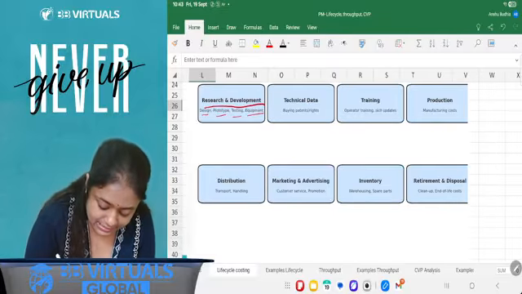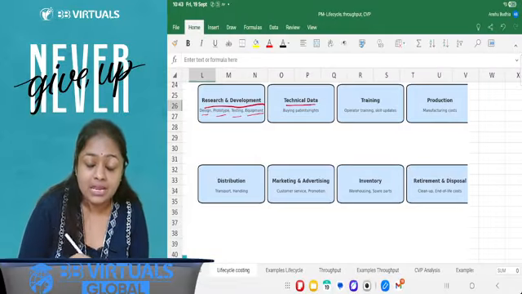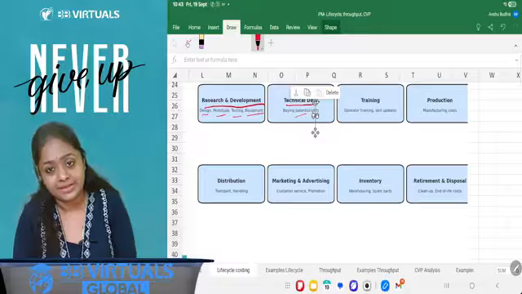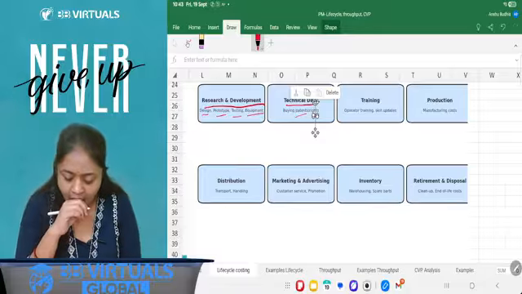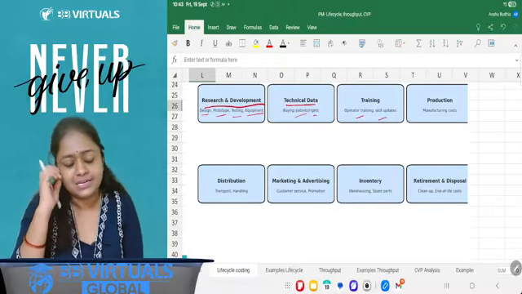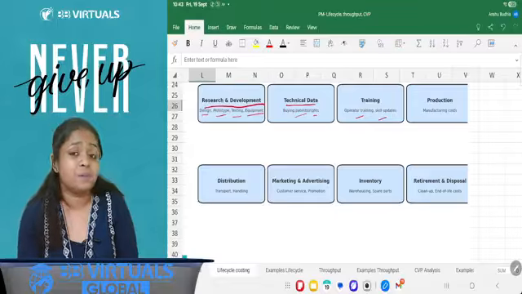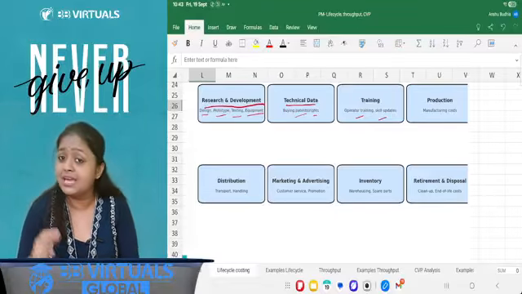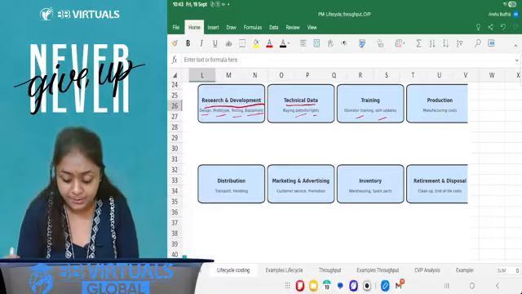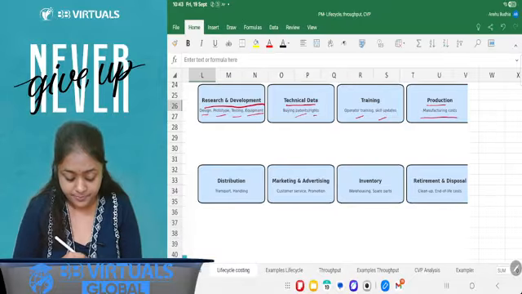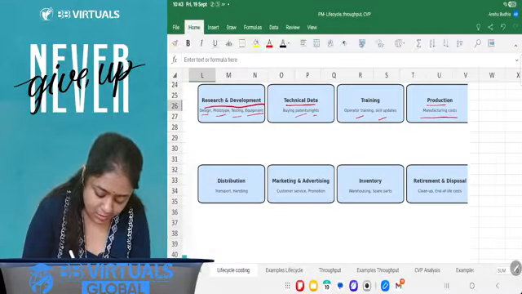Then technical data will also be added here, like when we buy patents and rights, that also will be added as a cost. Then the training cost, like operating training and skill updates, all the training cost, irrespective of whether it is doing value addition or not, since they are going to be incurred, you will add it here. Then production related cost like manufacturing cost. Then distribution related cost as well,